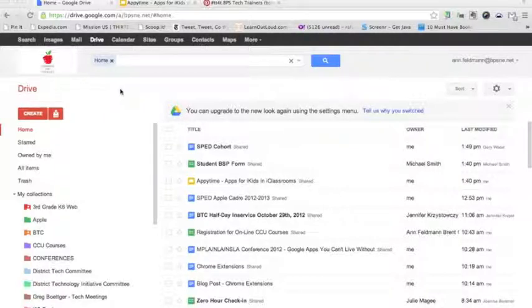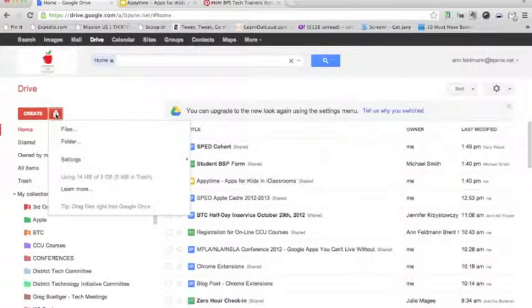So you want to upload a file that you've created, and perhaps it's a Microsoft Word file. That is no problem for Google Drive. All you need to do is click on the Upload button located up here next to Create. Click on that button. It will say Upload, and then it'll ask you to upload files or an entire folder,